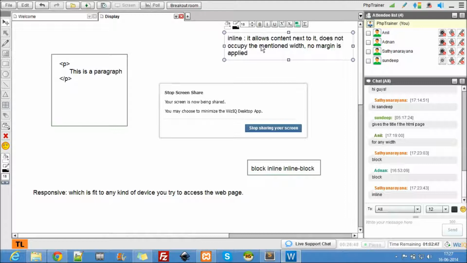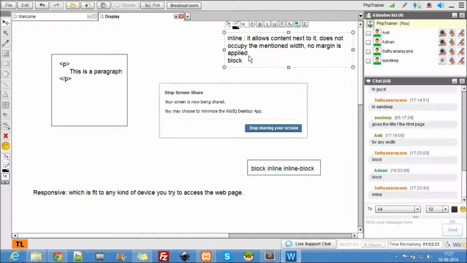When I say no margin, it's a default margin. Every tag has a default margin. You guys accept it or not? Does every tag have a default margin? Yes. When I say no margin is applied, it's a default margin. If you give margin, let's say to inline elements, which I'll be showing in a while, it will definitely take it. Okay, the next is block level tag.